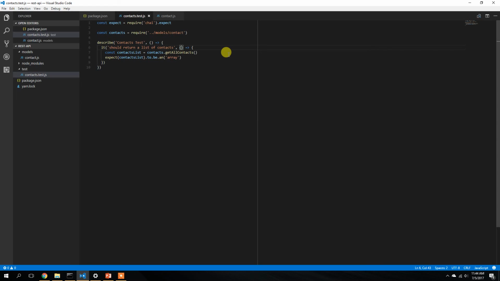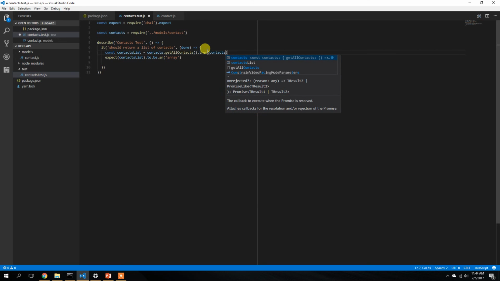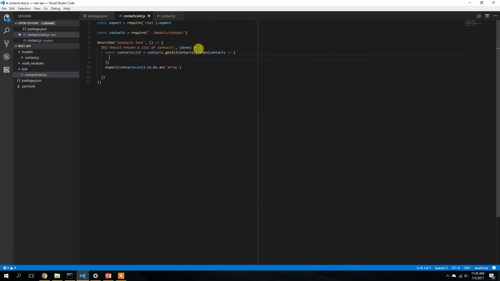So what we're actually going to do is use the callback we're going to pass to the it function, and we're going to specify a done function. When this test is actually done, you'll call the done function. Otherwise, Mocha might not know when the test is actually finished, because when you're dealing with asynchronous code, you're not exactly sure when everything's going to finish. Then we're going to tell it that we get all the contacts, and then with those contacts that we resolved,